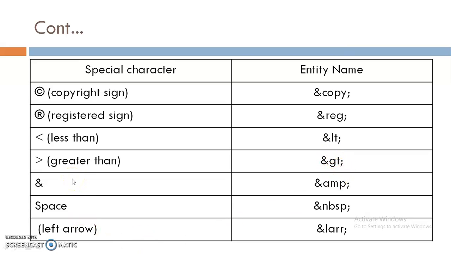To display the ampersand sign on a web page, I have to write &amp;. To give a space between text, I have to use &nbsp;. And to display a left arrow, I have to use &larr;.